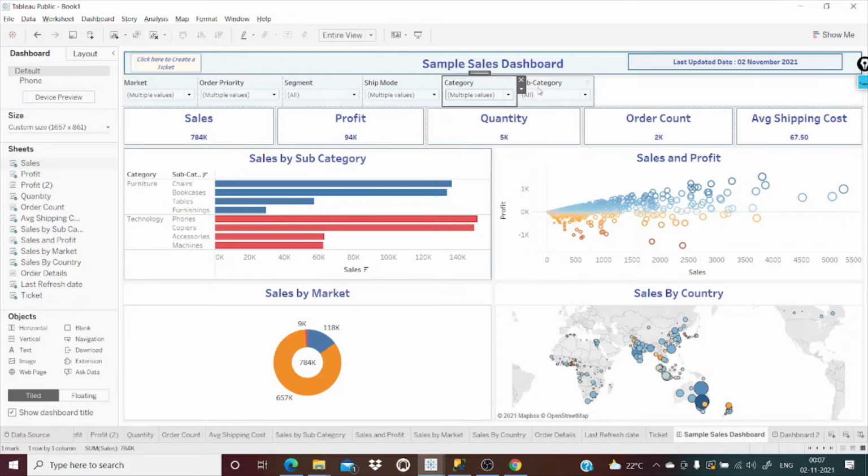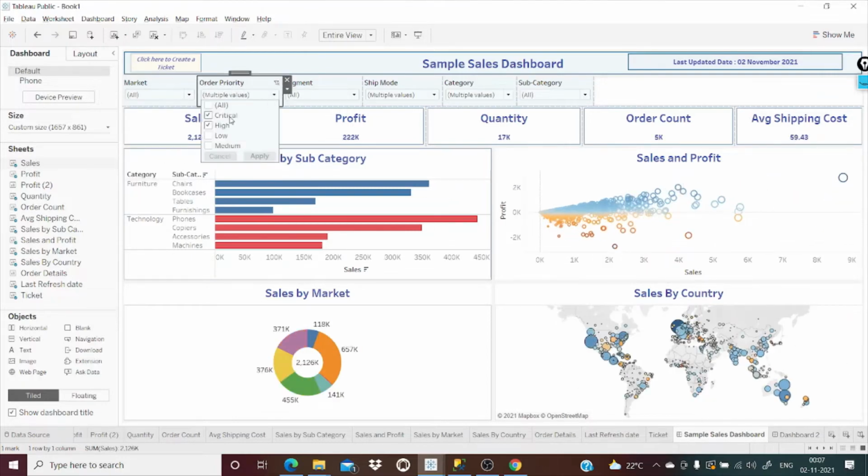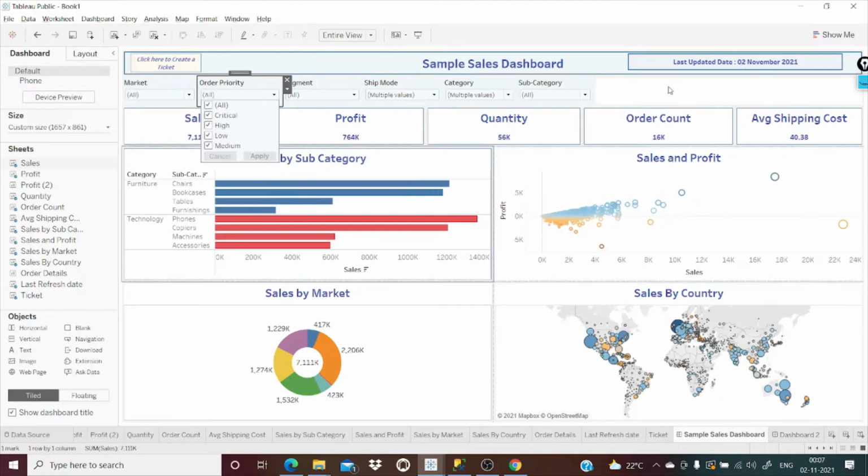Once the user is done with these filters, he or she can't go to each individual filter and try it again. So we should have an option for the user to clear all the filters at one time. That is what we'll be doing right now.